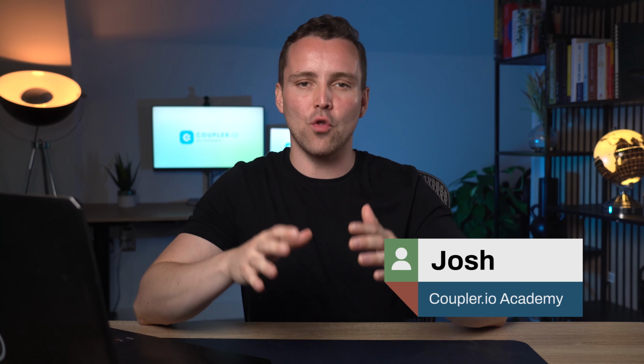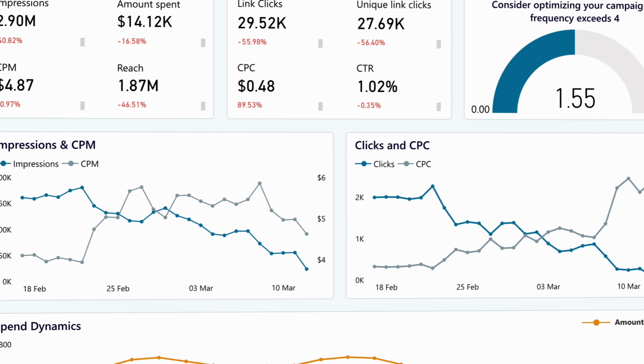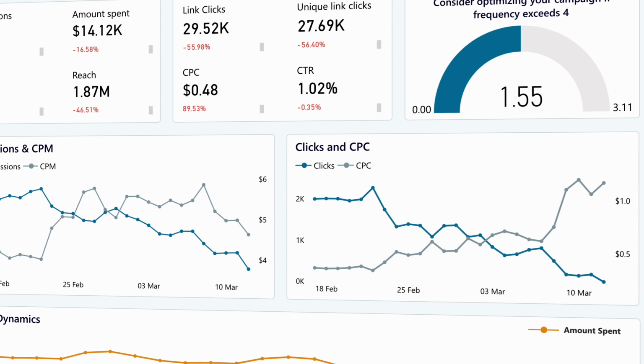Power BI is among the most popular business intelligence tools on the market. While it may seem a bit complex at first, especially if you don't work with Microsoft apps on a daily basis, it offers an amazing depth of analytics that will satisfy even the most demanding stakeholders. Marketing reporting in Power BI is an excellent idea because it can give you a bird's eye view of your marketing performance in a straightforward form.